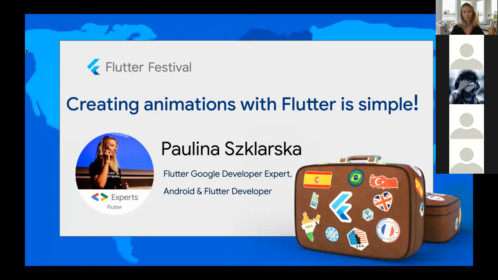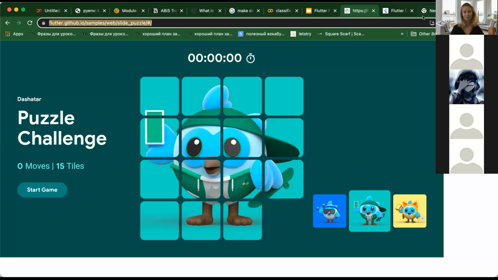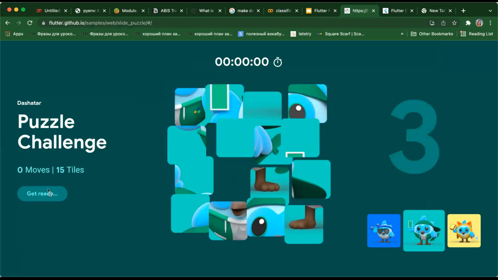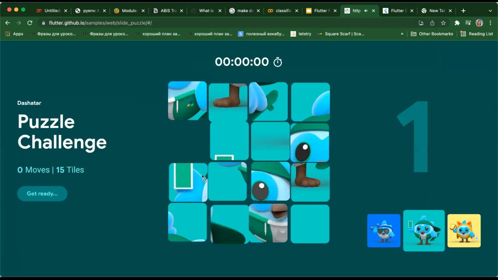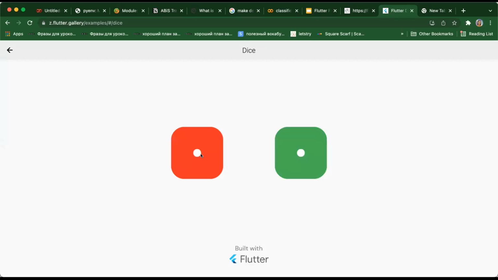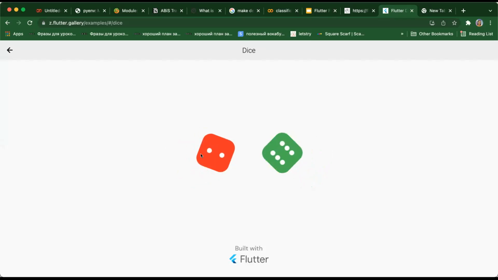I want to show you the inspiration, what you can do with Flutter. So this is the game, a Flutter game that challenges you to create the original picture of this cute Flutter bird. And you can do some more simple animations like this, like dice.